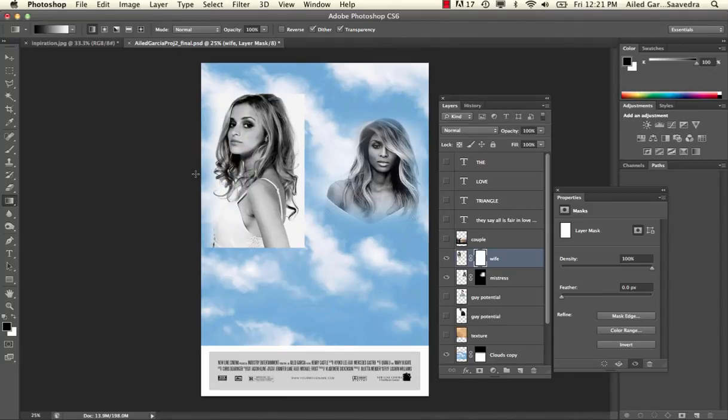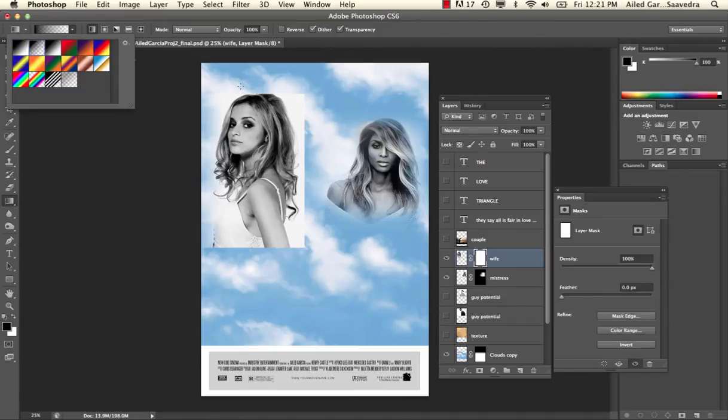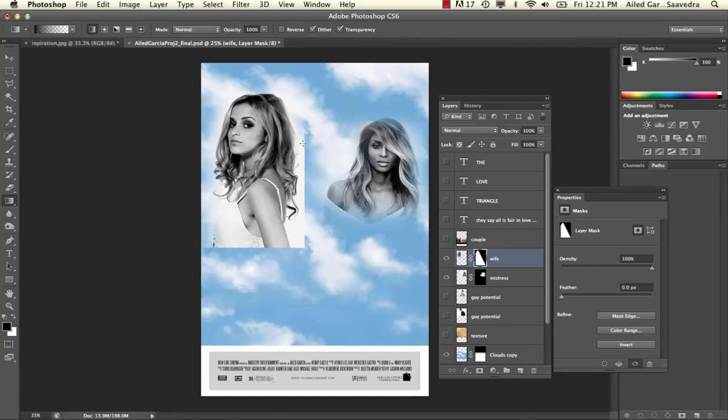Once I think I got the basics, I can change from black to transparent, and I can keep adding to the gradient mask, okay? And if you do too much, you can always undo. I'm just using my hand commands, Control Z or Command Z. Okay, and you can always add with the brush to the selection. Once you get the basics done with the gradient, you can add with the brush. Okay, and I'm just continuing to add on the mask